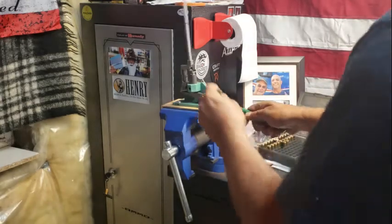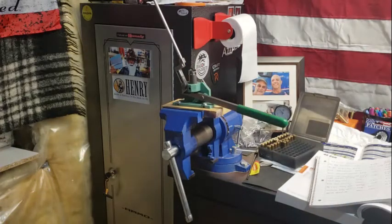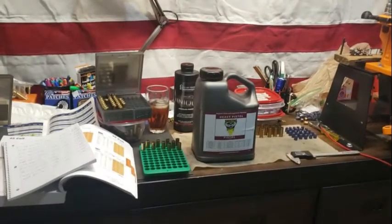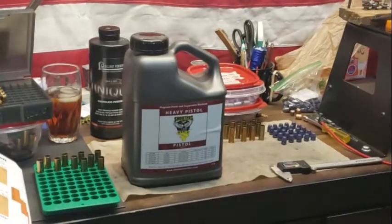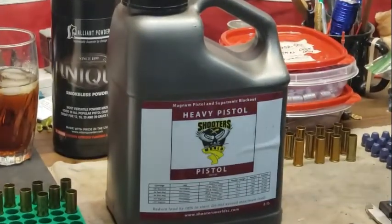I've got a couple of different things I'm going to be testing. So let me stop that for a second. Swing around here. You guys all saw the Shooter's World heavy pistol powder that I got, the 8 pounds. Okay, so when I went on